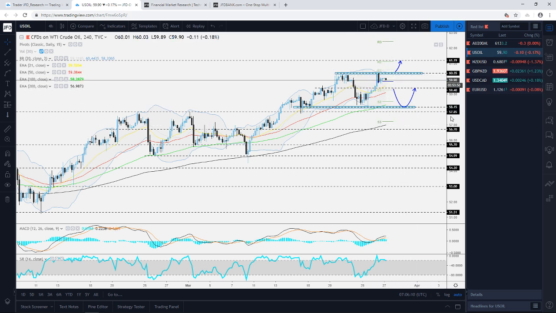So on the downside, this is the 58.15 level that we're keeping a close eye on, but only if we see a drop below the 59.40. Currently, looking at this point in time, the commodity is still sitting above the pivot, but it's slightly pointing to the downside. Let's see how this is going to play out. This is going to be our little neutral territory.